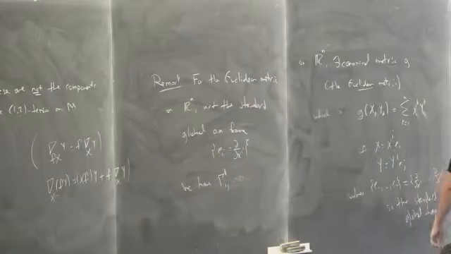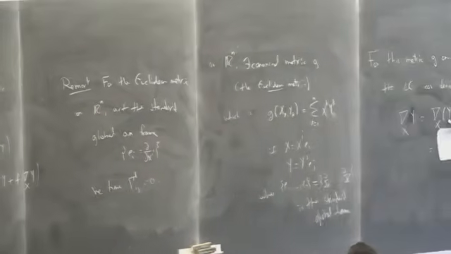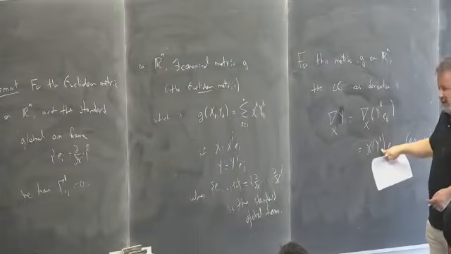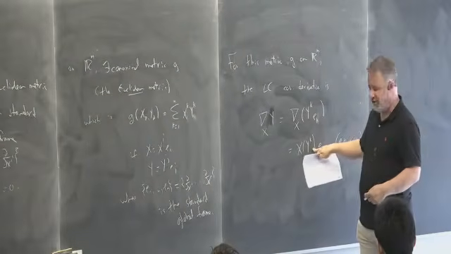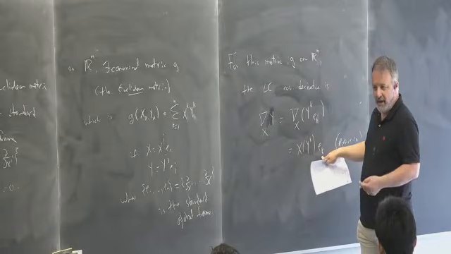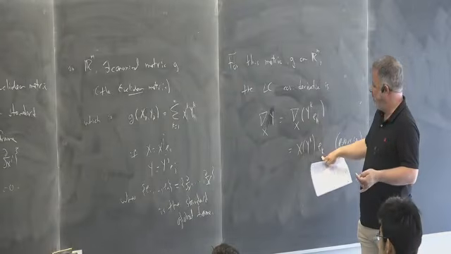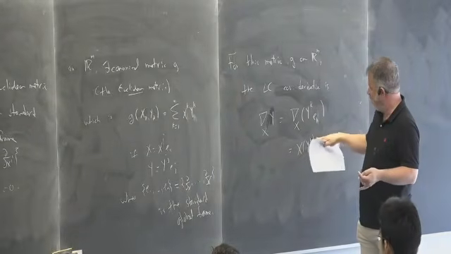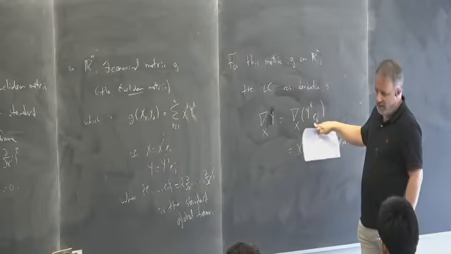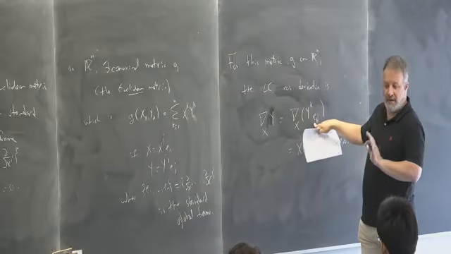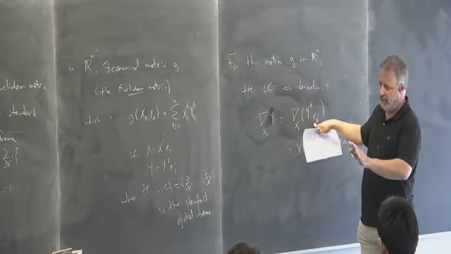Okay, and you can see that here. It says that if you want to know how this vector field is changing in the x direction, it's only if the coefficient functions are changing. These guys are not changing. In other words, this is another way to describe what is this Levi-Civita connection of the Euclidean metric. It's exactly the connection for which the standard global orthonormal frame doesn't change. Okay,